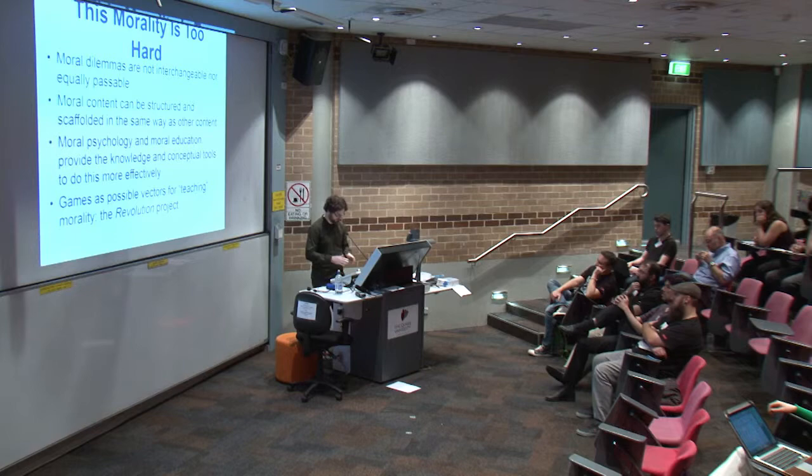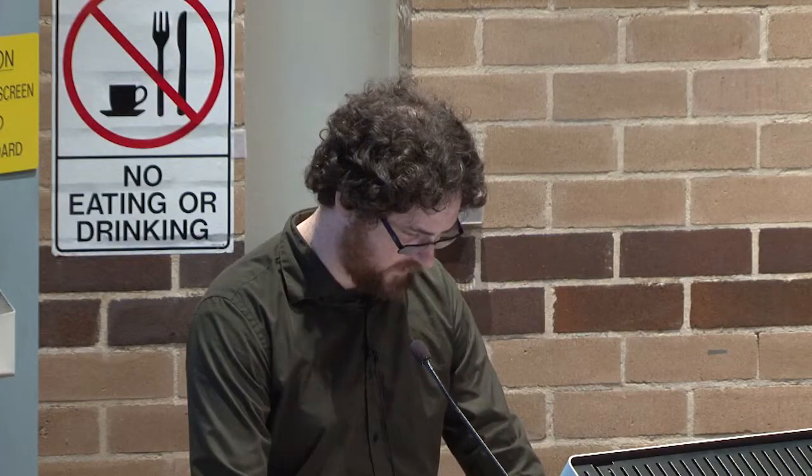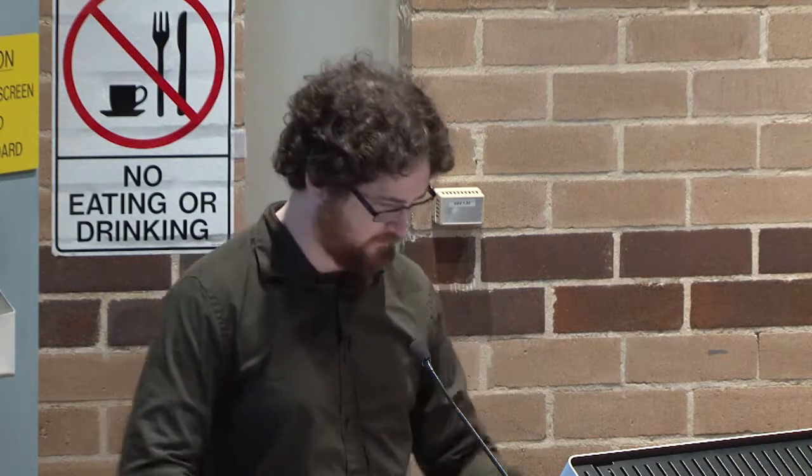This filters through into his approach to education, where he'd get a bunch of students, and over the course of a year or whatever, expose them to a variety of dilemmas and role-playing opportunities of gradually increasing complexity, so that they end up in what James Paul Gee calls the zone of proximal development. This is the area where the player or learner is at the edge of their skills, constantly being tested with things just a little bit beyond their scope, so that they're forced to adapt, to change, and to develop.